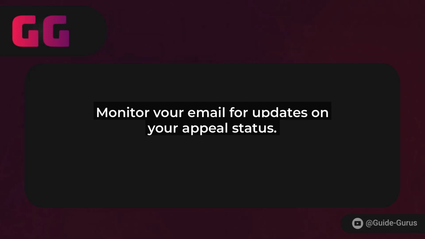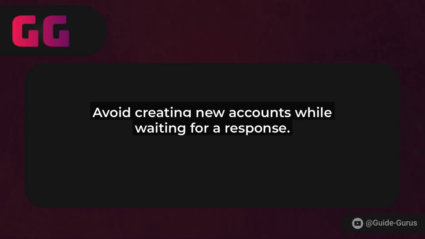Once you've submitted, keep an eye on your email. Facebook will send updates on your appeal status, which could take anywhere from a few days to a couple of weeks. While you wait, avoid creating new accounts, as that might complicate things. If your appeal is denied, don't give up. You can try contacting Facebook support through their dedicated recovery page or even via their app's help features. In 2025, they've introduced better chat support for these issues.